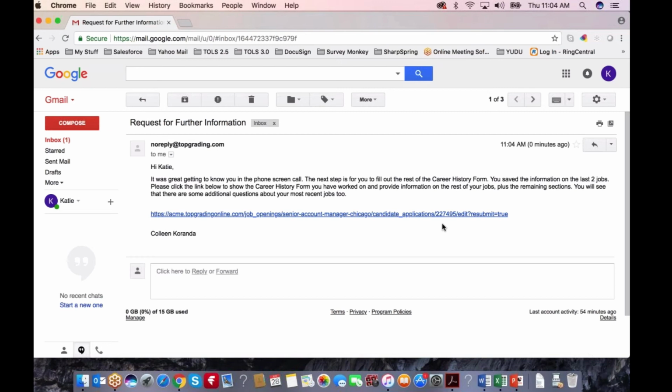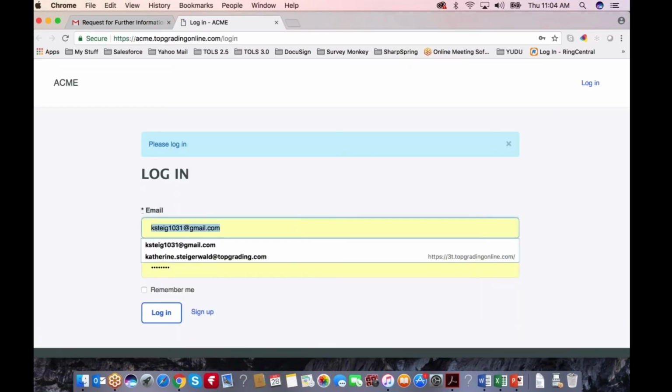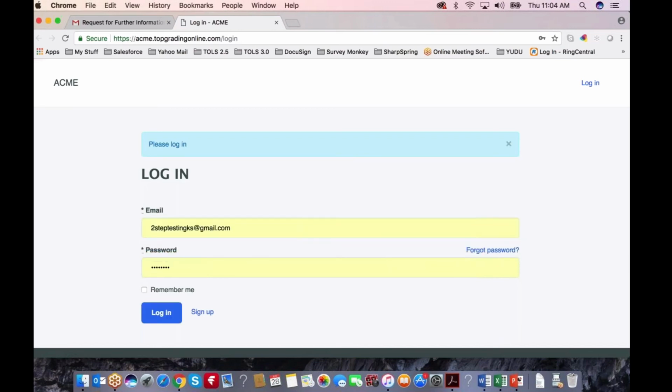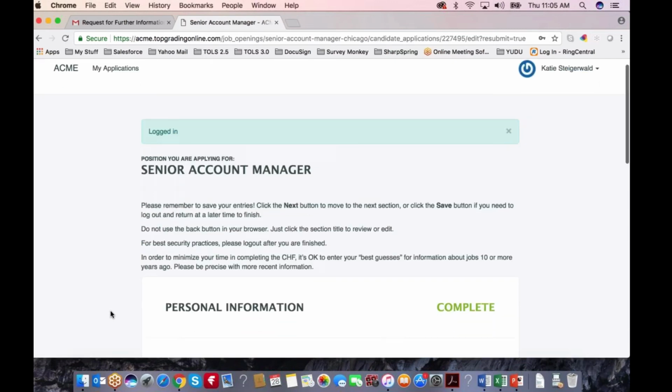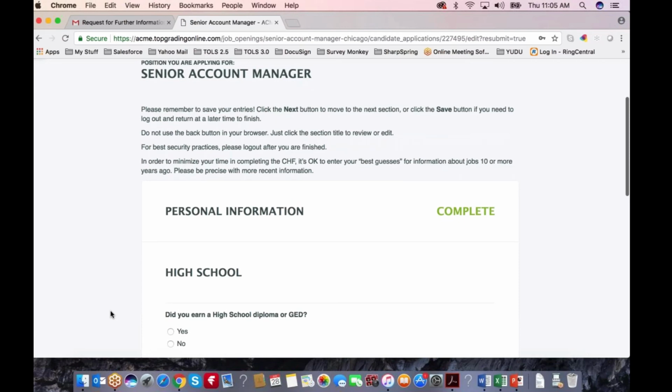You will see that there are some additional questions about your most recent jobs too. Now, that may be true or maybe not true. Many companies do add some questions, in which case they'll have to go back even to the two jobs where they filled out information. There might be one or two more questions there. If not, they'll see that